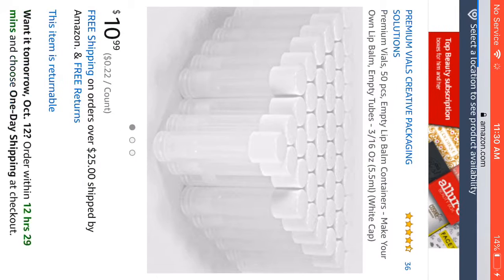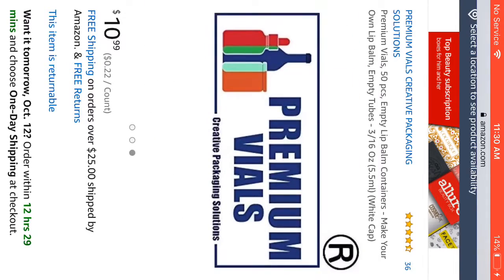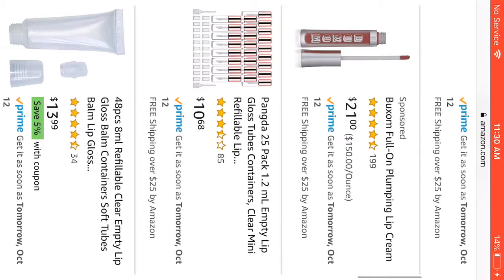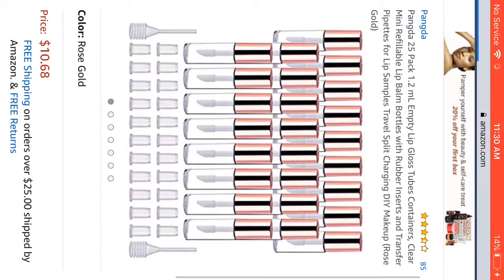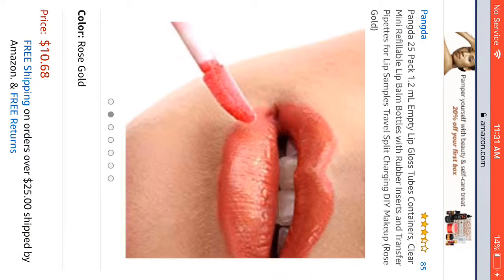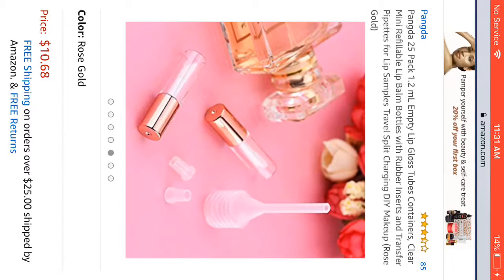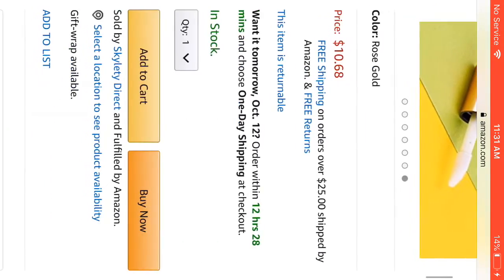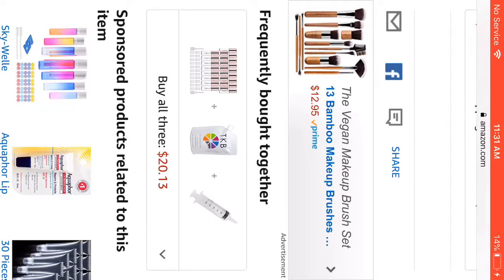You have lip balm, lip gloss. I also clicked on some lip gloss base because when a lot of people buy lip gloss tubes, of course they need the lip gloss base, and Amazon even recommended that you get a certain lip gloss base because if people get this container, they always get this base. So that's another good thing with Amazon. They always pick which products go together for you so that you don't have to do a lot of digging. So as you can see there,